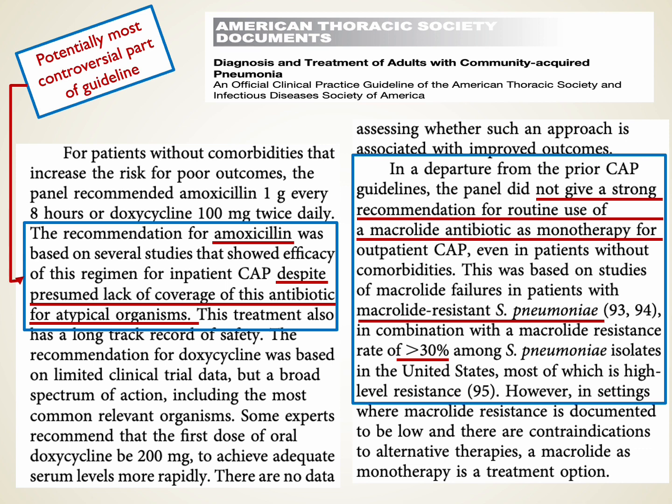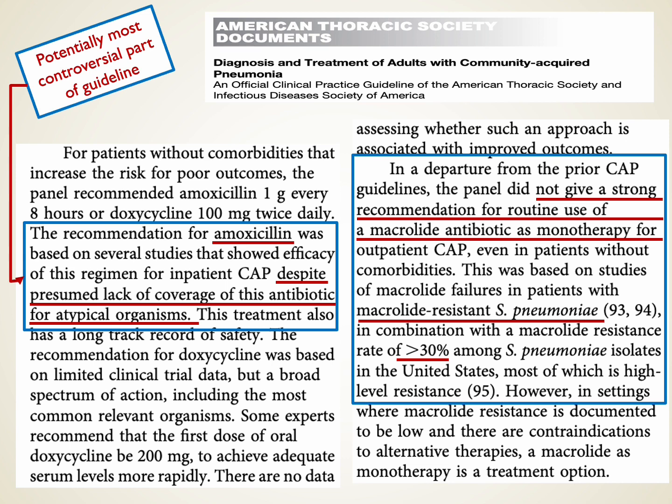It is great for a number of the other pathogens. But keep in mind, about a third of the pathogens in uncomplicated community-acquired pneumonia are atypicals. We're worried about all of the classic atypical agents for which amoxicillin does not cover. And so of all of the factors in these guidelines, I think a lot of clinicians have a lot of